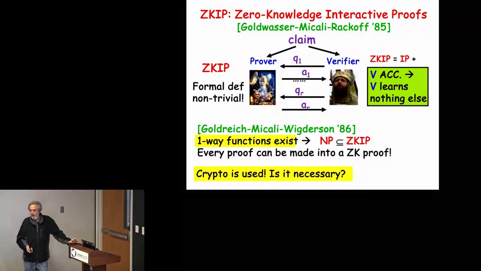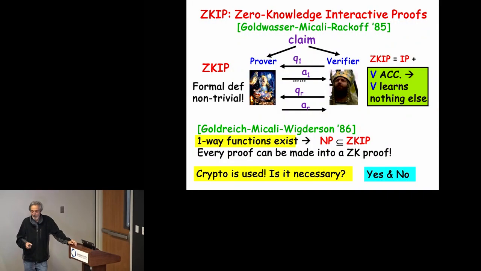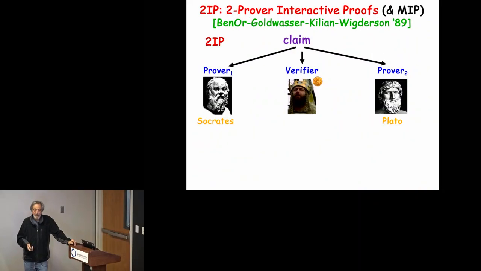And the answer, like many many questions, is yes and no. We proved with Ostrovsky that it's essential, so it cannot be removed. If you have a zero knowledge proof for anything non-trivial, then you get immediately cryptography. But on the other hand, the answer can be yes. It can be removed if, like we do many times in math, we change the model or change the question. So here we came up with a new model of proof systems. Again, we have a new type of proof systems.